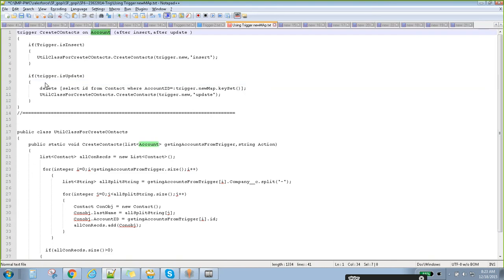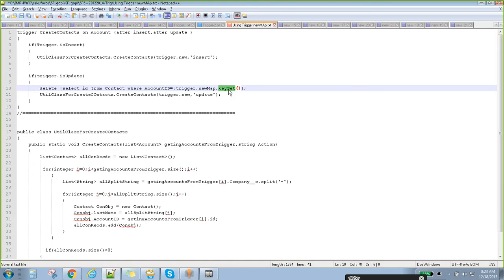If you want account IDs, then basically we have to iterate the trigger.new, put it in one set, and use that set here. That kind of thing you have to use. If we are using map.keySet, we can directly use it. In this kind of scenario, you have to go for a map instead of going for a list. List and map, both combination, everywhere the data will be available. Clear, right? Any question?